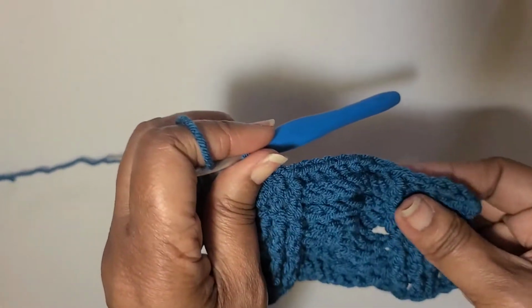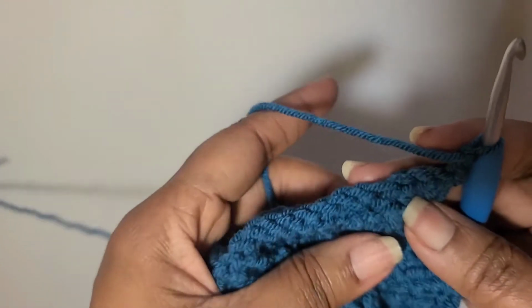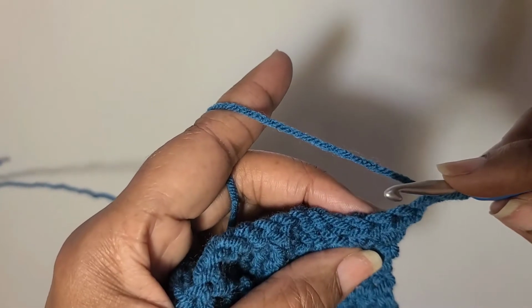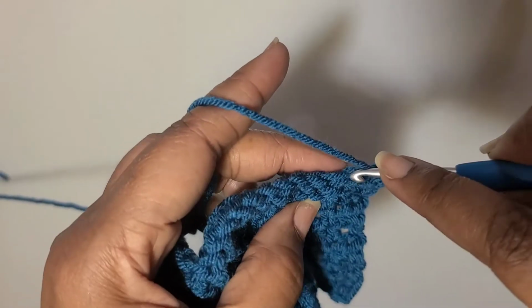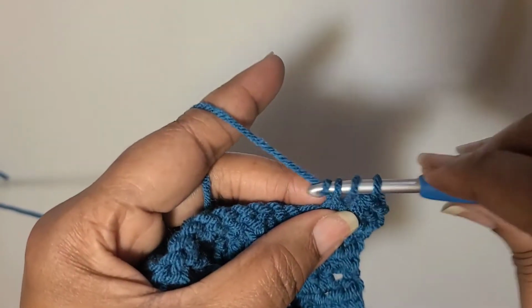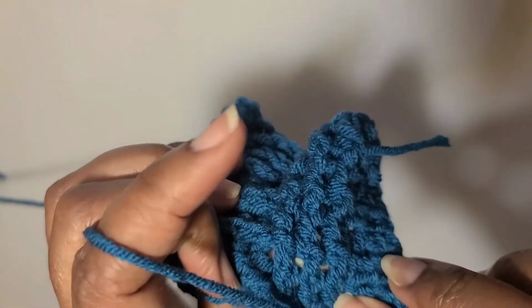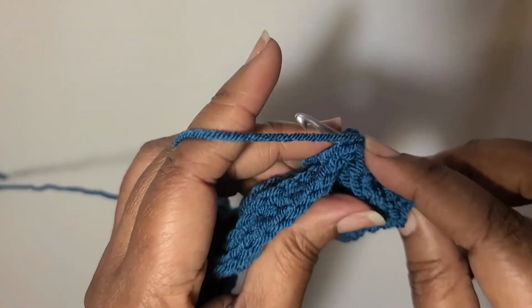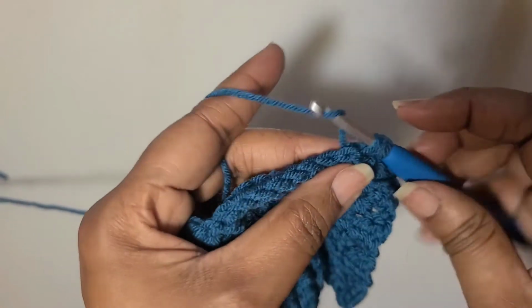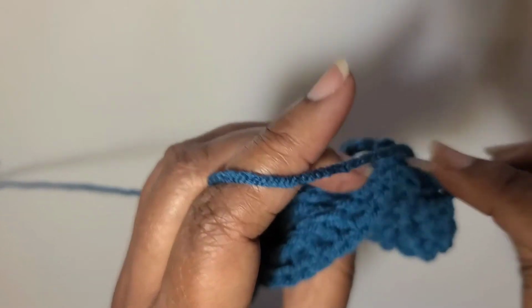Now moving on to repeat of row 4, chain 2, and do your 2 half double crochets, and now we have the back post. We're going to do 3 back post double crochets. 1, turn it over, 2,